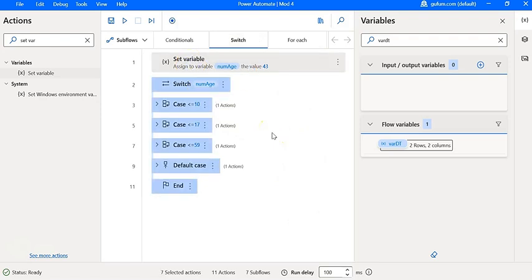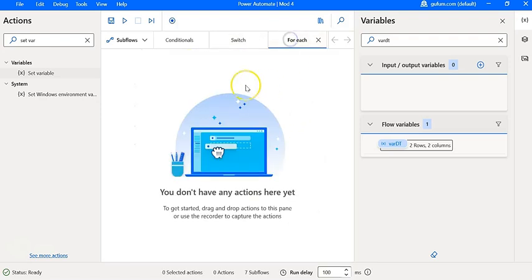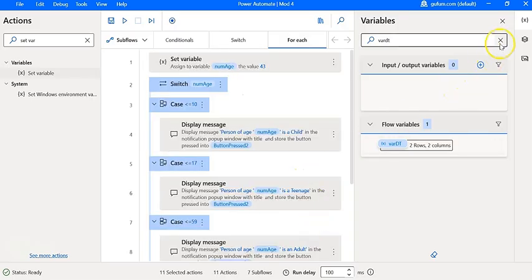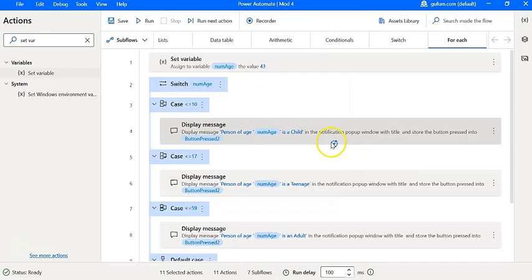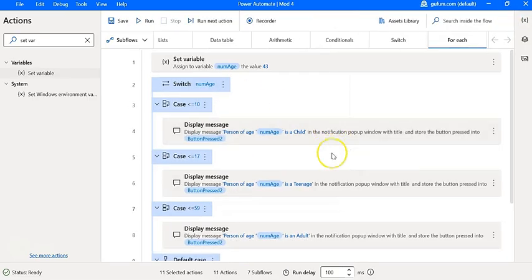I'll do a Control A, Control C, go to for each and do a Control V. It has pasted all the actions from there because I want to make use of the same assignment by using a for each. This time we will create a list variable,